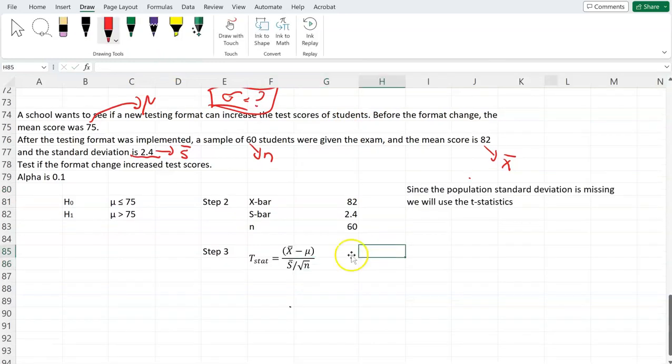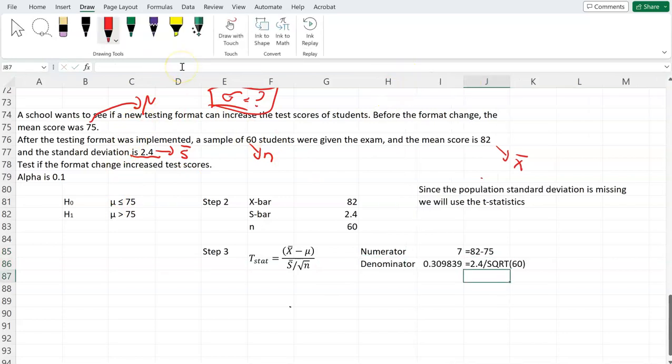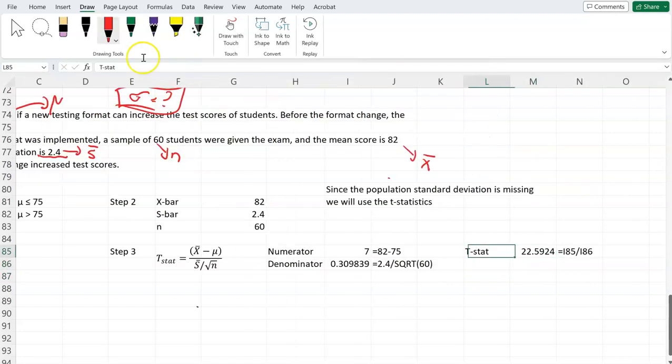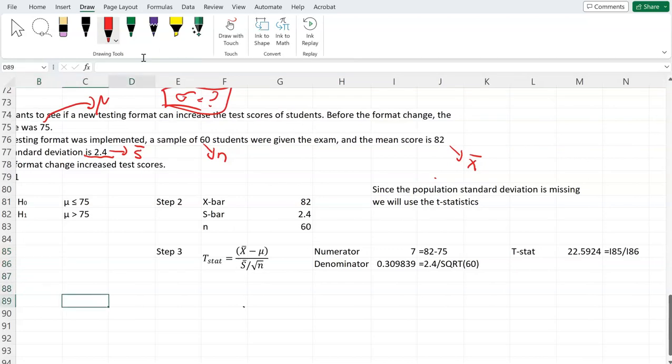So this is my t-stat, which is x bar minus mu divided by the s bar over the square root of n. So let me find the numerator first, which is going to be my x bar, 82, minus the population mean, 75. And the denominator, that is going to be, so that's going to be my numerator and denominator. So that is my t-statistics. And the next step is